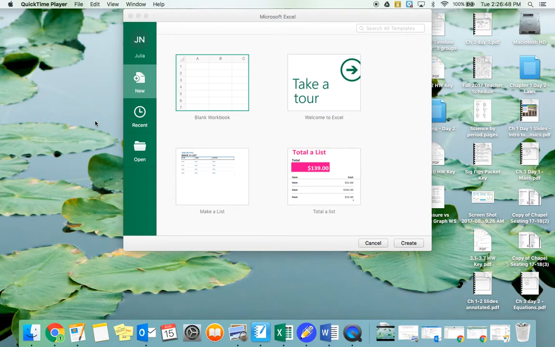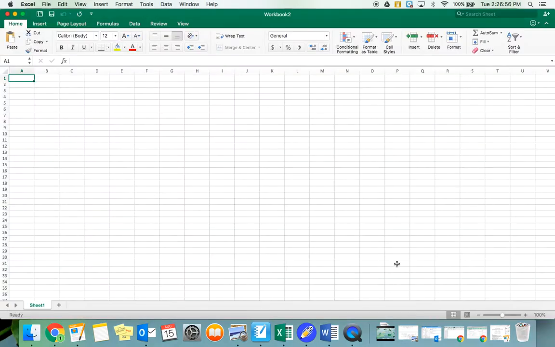Hello, I'm going to show you how to make the pressure versus volume graph. So first we want to start a blank workbook in Excel. Next, type the labels and data from the table above into your spreadsheet. So we've got pressure,